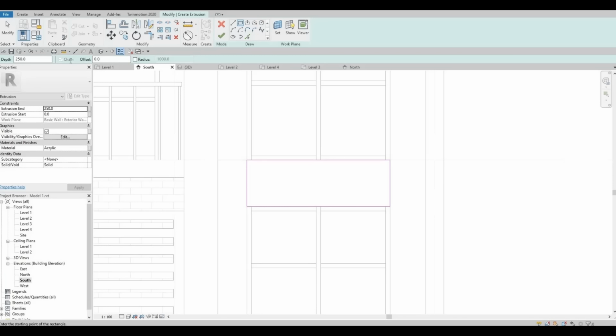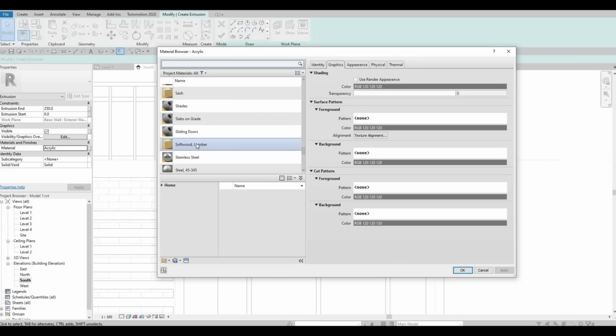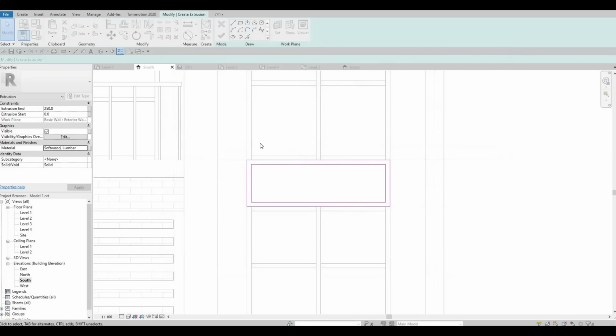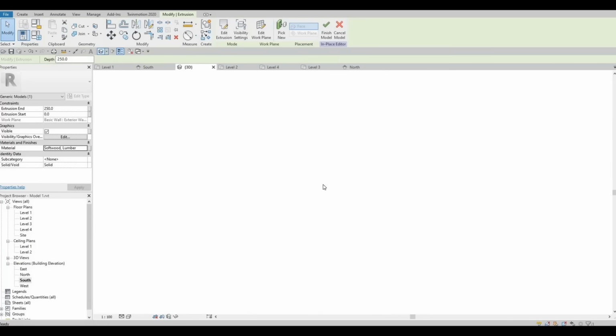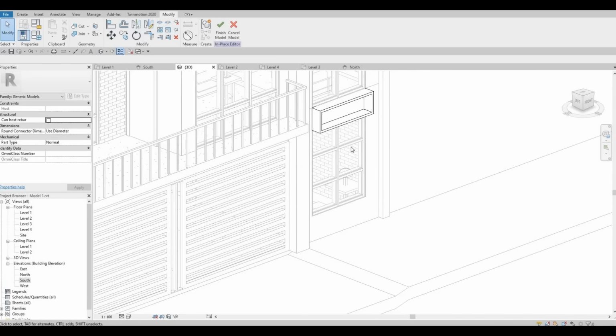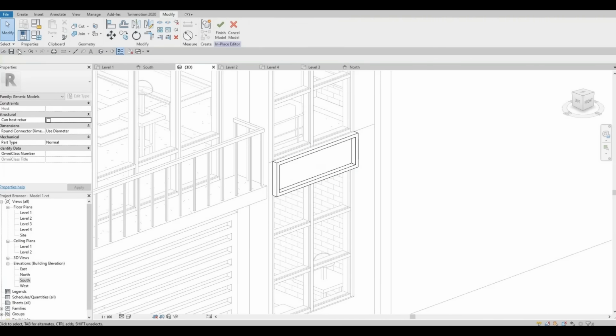And then another one with an offset of 50. I want it from the inside. So something like that. And then click or change the materials first. So I'm gonna soft lumber and click finish, and then let's look at it, the 3D. So something like that, and then